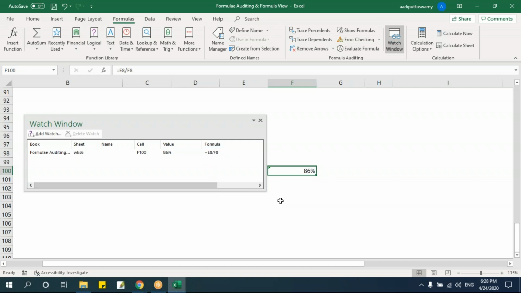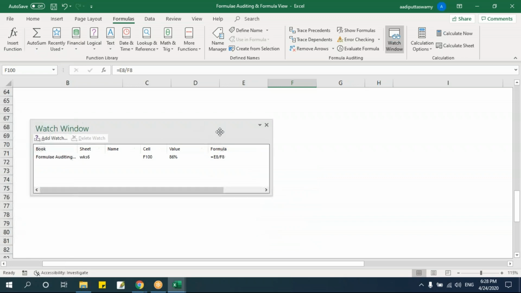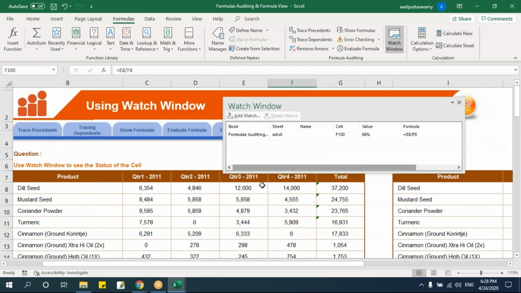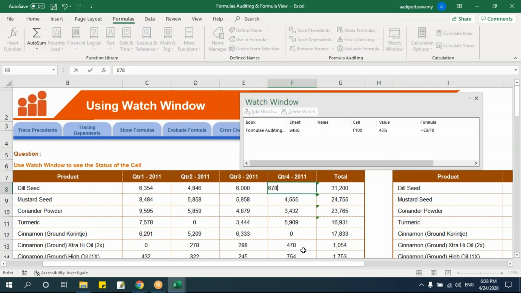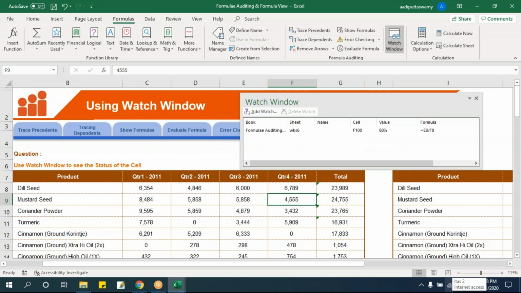Now let's scroll up. Just observe what will happen. I'm scrolling up. See, this window will not move. It will stay like this. Now I'll go here and try to change the value. Let me make it 6,000 and just observe. If I say enter, see, it gives me the result here. So I'll know the value which is getting changed, instead of scrolling down again. Let me do some changes here again. See, it's getting changed here. That means this watch window is very helpful when you have formulas in multiple places and want to get the results immediately in one window. So this is very useful. Many people don't use this, maybe because they're not aware.